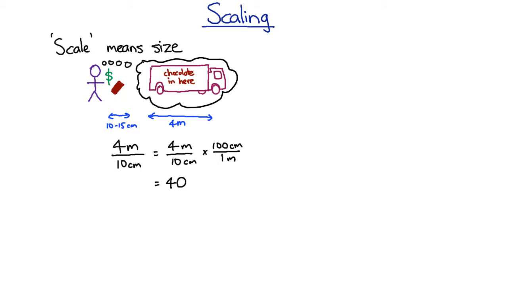Does that mean I need 40 times as much money? Unfortunately, no, because the truck is also wider than a chocolate bar. And if the truck is wider than a chocolate bar, I have to think about how the amount of chocolate in that truck scales as I make the thing not just longer, but also wider and taller. So there's a line. Now supposing I make an exact copy of that, and so I have a line that's twice as big. Obviously, if I had to pay per unit length, I would have to pay twice